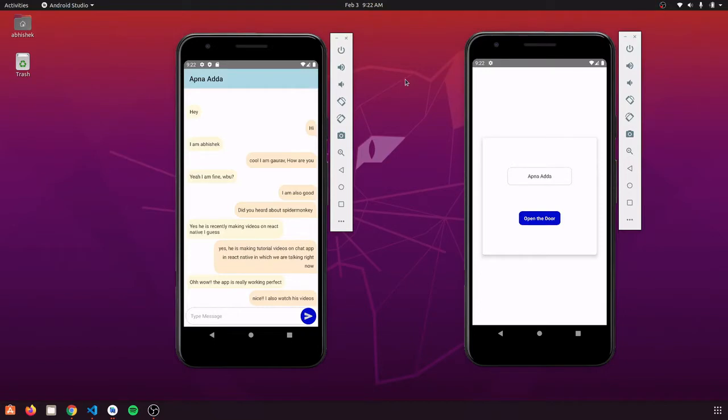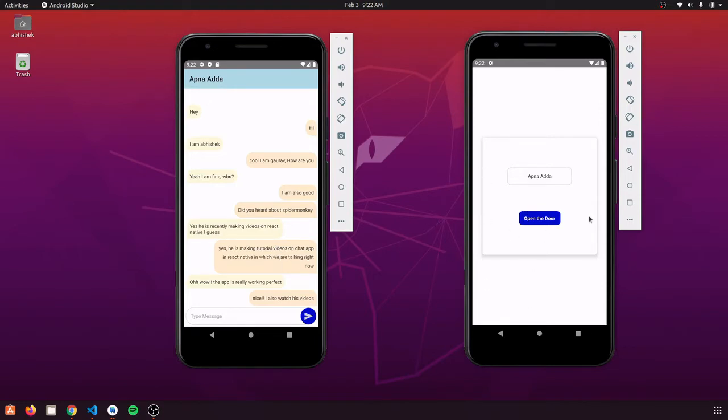Today we are going to set up React navigation for our application, and we are going to add one more field in our message that should define which user has sent this message. So instead of taking the username from the user, every device has its own unique ID. For getting that unique ID, we are going to use React Native device info, and using that we are going to have the unique ID of the user.